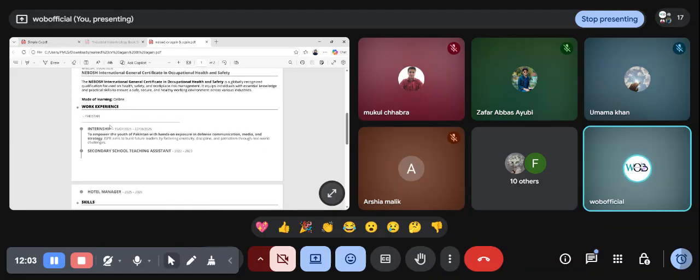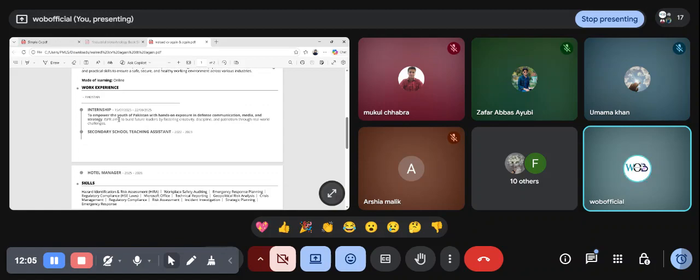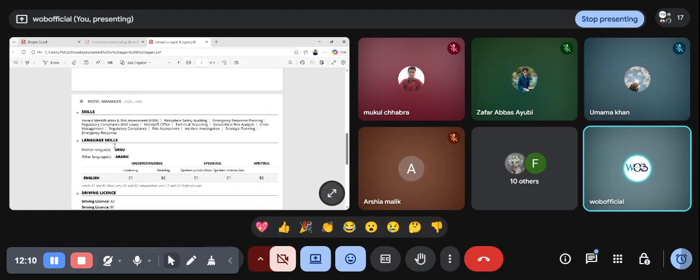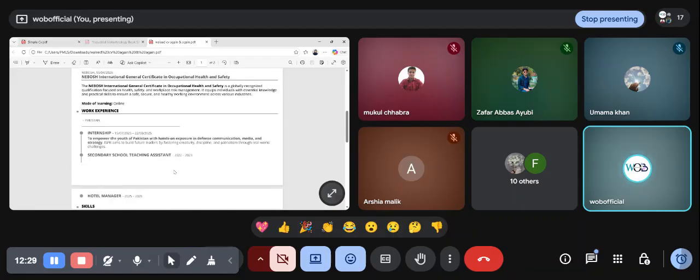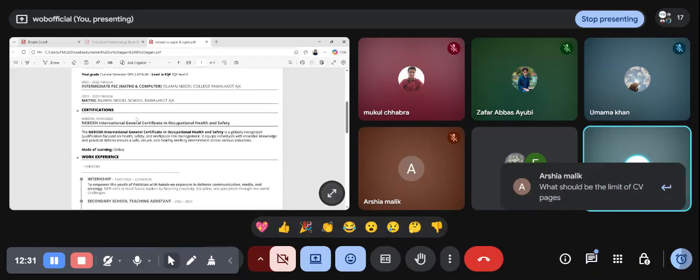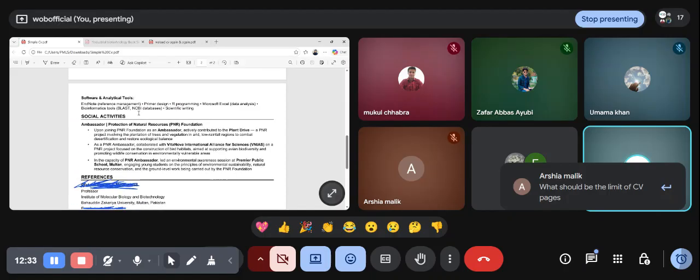If the person has work experience, then the work experience duration as well, then skills, language skills, and if you have any volunteer work, you can also add that. Driving license, like A, B, and C1, which tells about the vehicles like bike, tractor, and even car as well. So this is basically the format of the Europass CV, and this is basically the format of a simple CV.